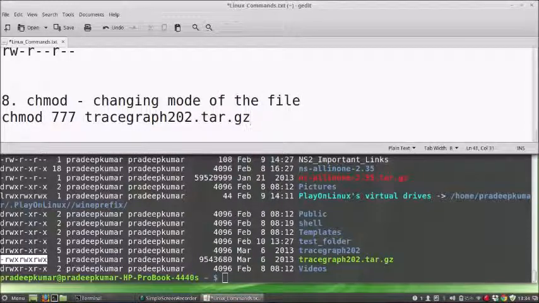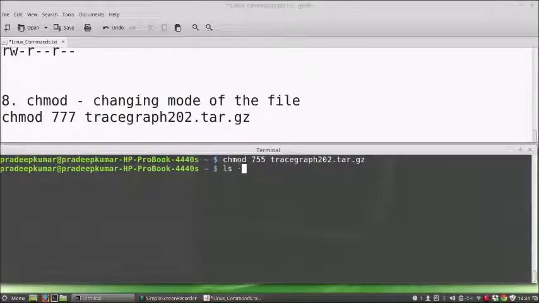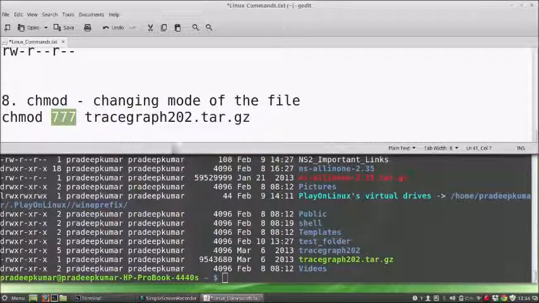Okay, so if you want to change it to something else, for example chmod 755 tracegraph.gz, then if you see ls -l, now there is no writing permission, but everyone has reading and execution permission. So for all your executable files, like when you create a C programming file and want to execute the output, you can give the execution permission, but a binary file should not be written. In that case, you can block other users and the group users from writing to a file. It's a complete binary file. So that way you can give it. 777 is the ultimate permission, and below that we can give something else.